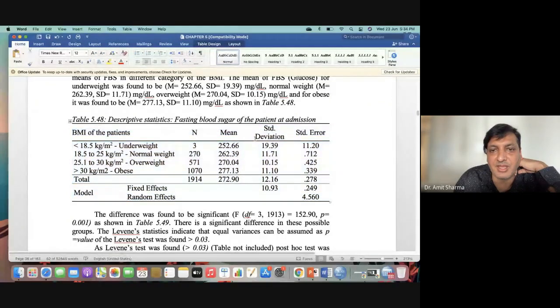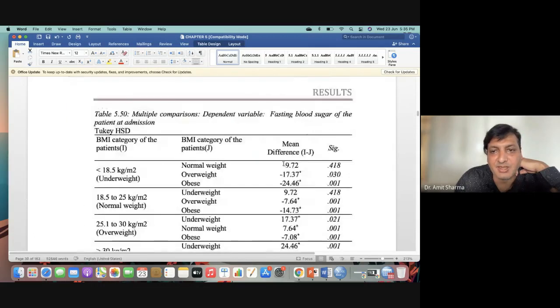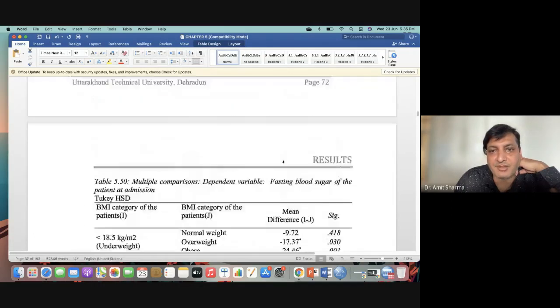You are not having row and column lines, just the bottom line and top line of the title, and the bottom and top line of the table will be there. All the remaining lines, for example, we are not having a separate line for the data which is given at the center here. Lines for columns and lines for rows will not be there. So any table which you are going to see in my thesis will be in APA format.